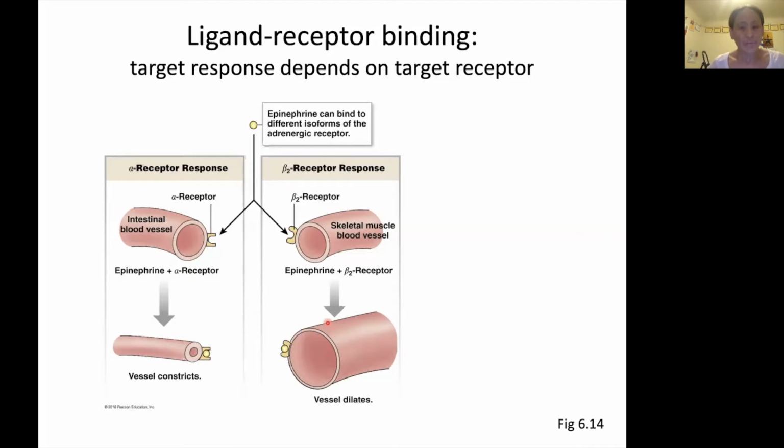Okay, so I have a question for you. How can binding different receptors lead to different responses? So what exactly is happening? What's different about these two different situations besides the receptors that's going to lead to these two different responses? Think about that. Hit pause to answer the question. Okay, so hopefully you had an answer to that question, and we'll talk about that answer in class.